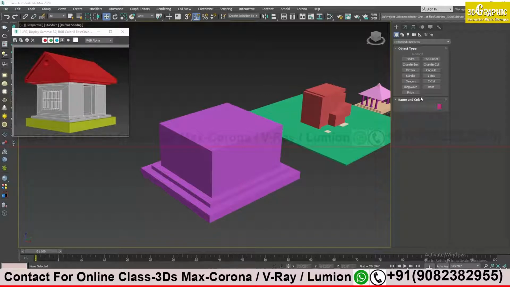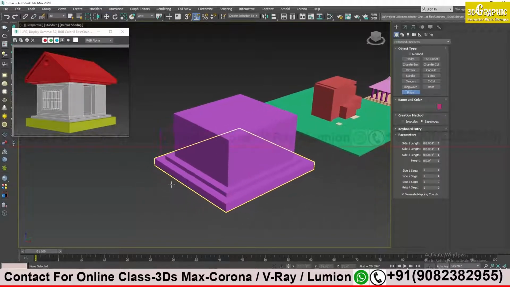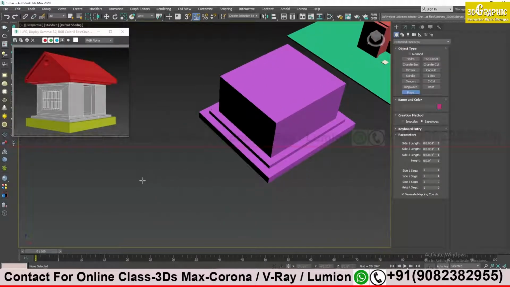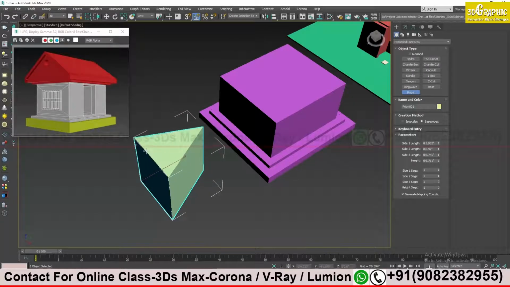Okay, so I took prism here and I will create it somewhere outside. You can see a small triangle is forming over here. I will release my mouse and I will get this height.